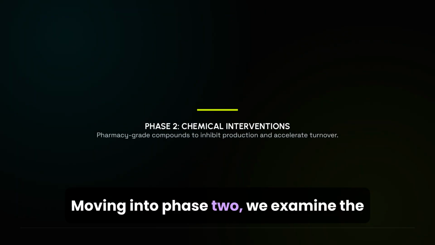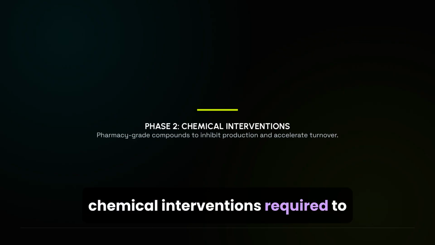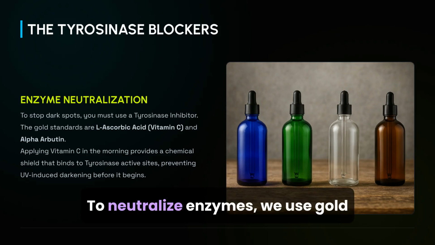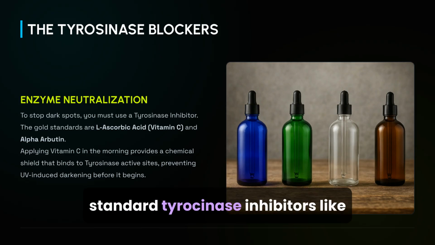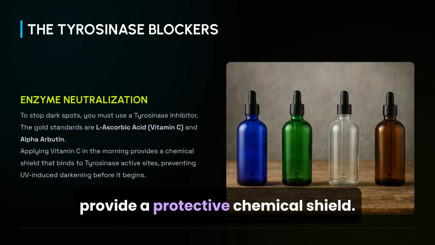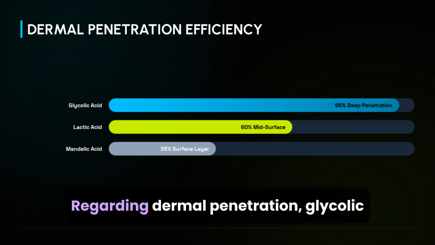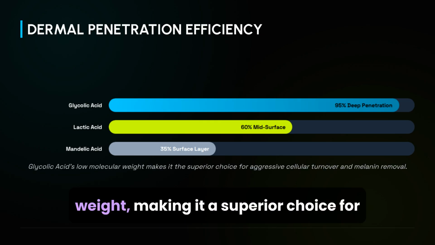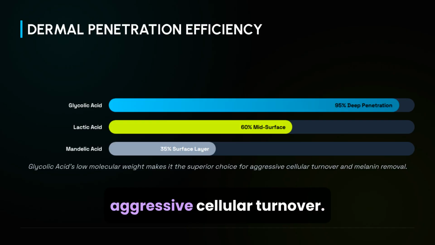Moving into phase 2, we examine the chemical interventions required to inhibit pigment production and accelerate cellular turnover. To neutralize enzymes, we use gold standard tyrosinase inhibitors like L-ascorbic acid and alpha-arbutin, which provide a protective chemical shield. Regarding dermal penetration, glycolic acid is highlighted for its low molecular weight, making it a superior choice for aggressive cellular